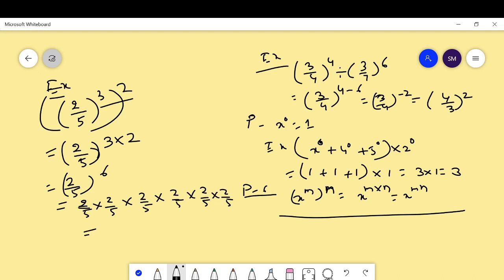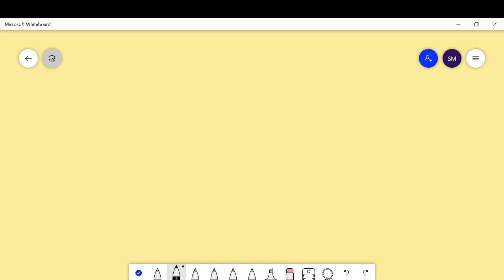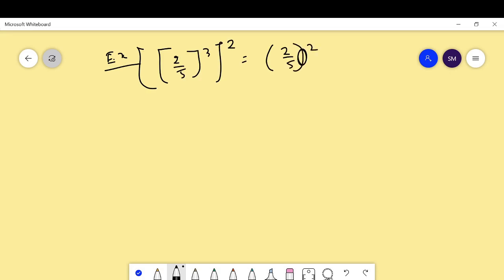Okay. Then by applying this, sometimes we have to find out the value of x. I have already told you, please practice a variety of questions. Here the question says find the value of x. In the LHS the question is given (2 upon 5 to the power 3) whole to the power 2, which is equal to 2 upon 5 to the power 2x. Here you have to find out the value of x.